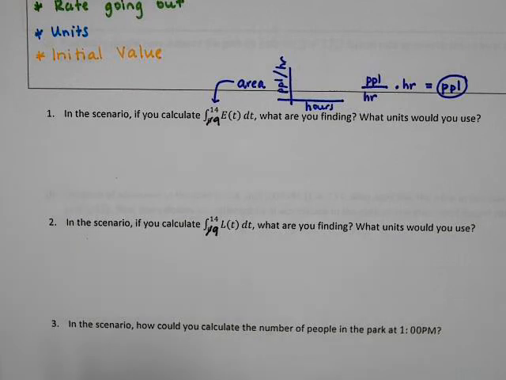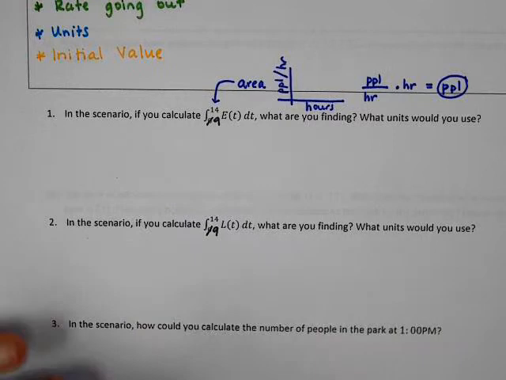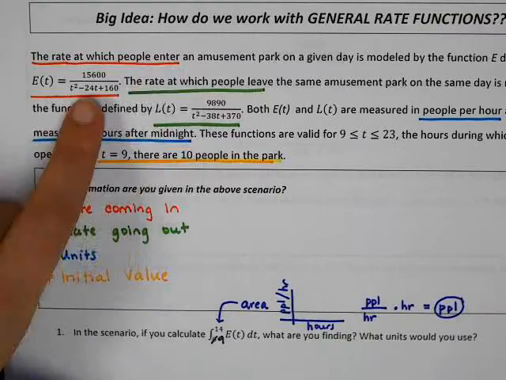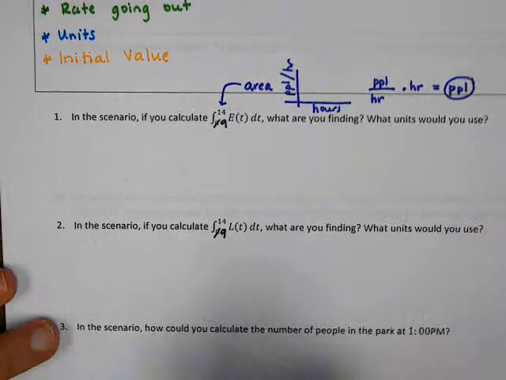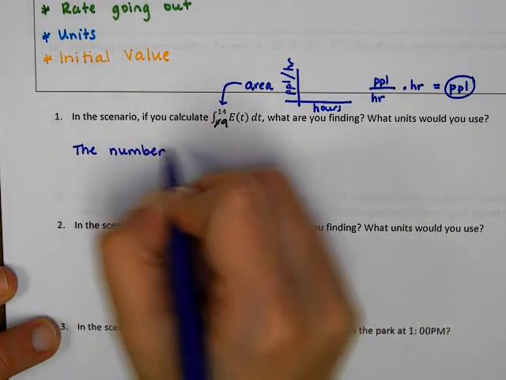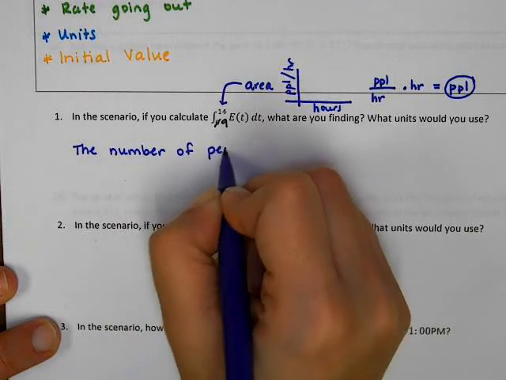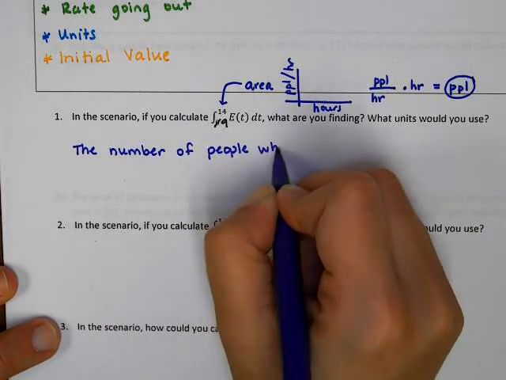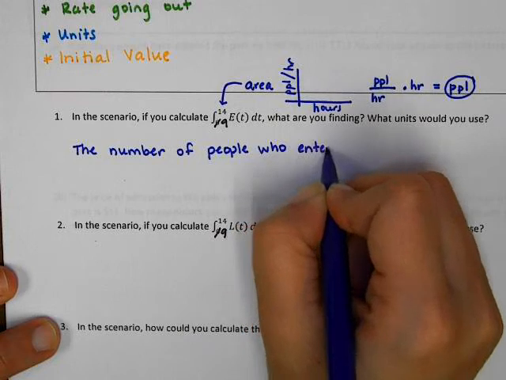In other words, when you integrate a rate function, you're calculating the amount of stuff that's accumulating, that you're adding up. So if we're measuring people per hour, then we're calculating the number of people. So what would you be finding? Since E of t is the rate at which people enter, you would be finding the number of people who enter the park